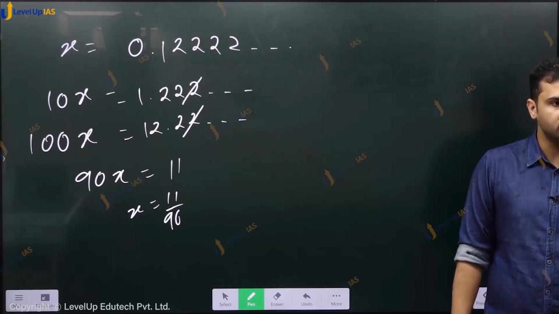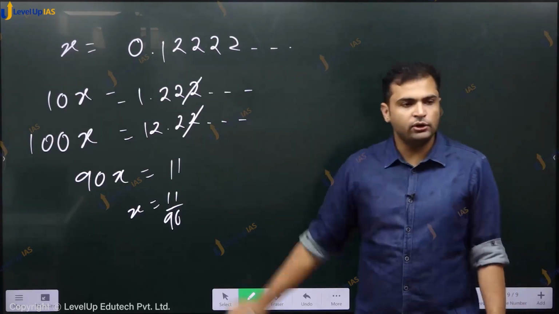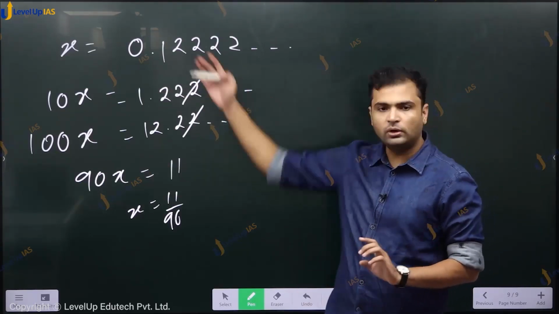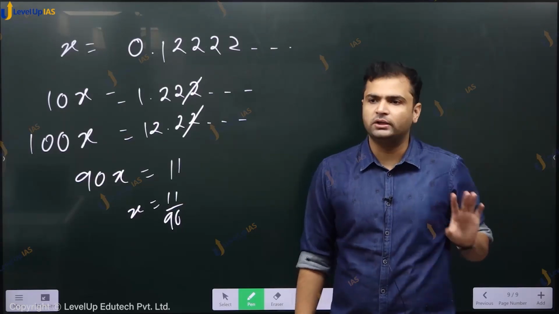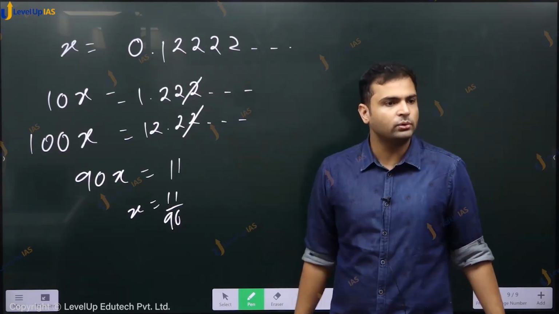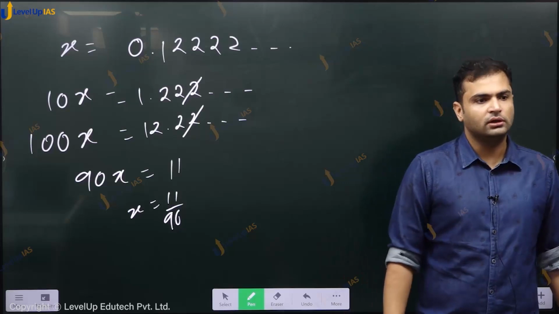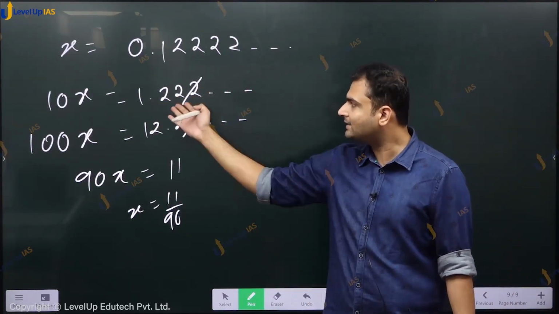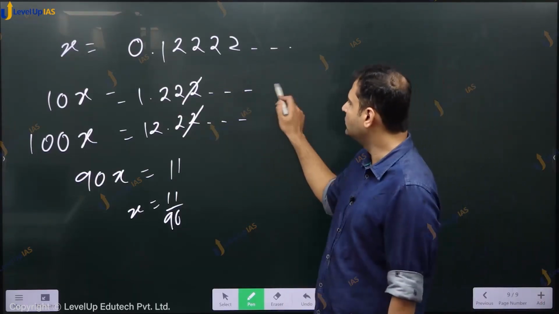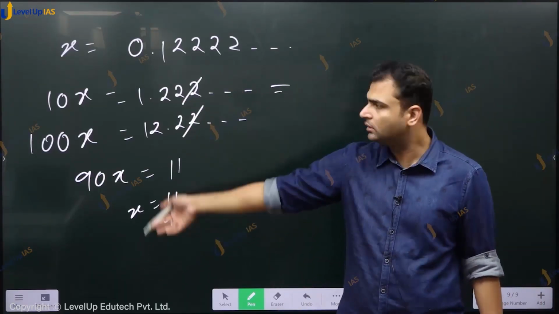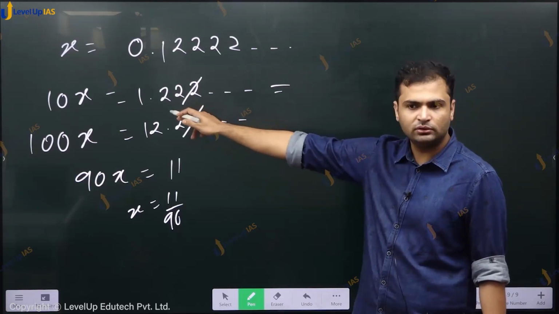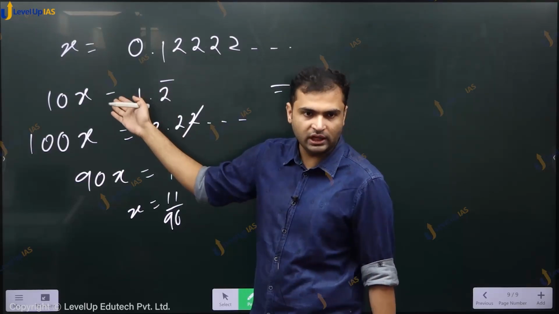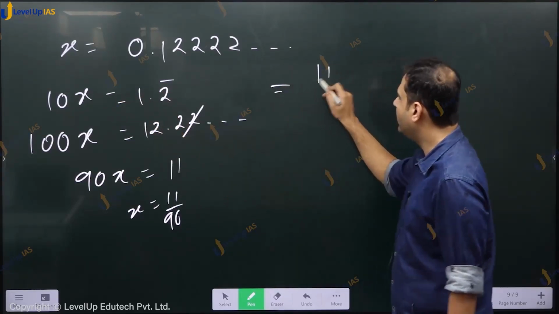Niranjan, idea समझ गए? We already know how to handle it when repetition starts immediately after the decimal point. I don't know how to handle this, so I convert it into something I already know. I multiplied by 10 so that repetition starts immediately after the decimal point. So 10x is this 1.2222. Now I already know this. I don't even need to do this also. I know that this is equal to, I take the entire number minus 1, 11, and 1 repetition, so I'll have 11 by 9,